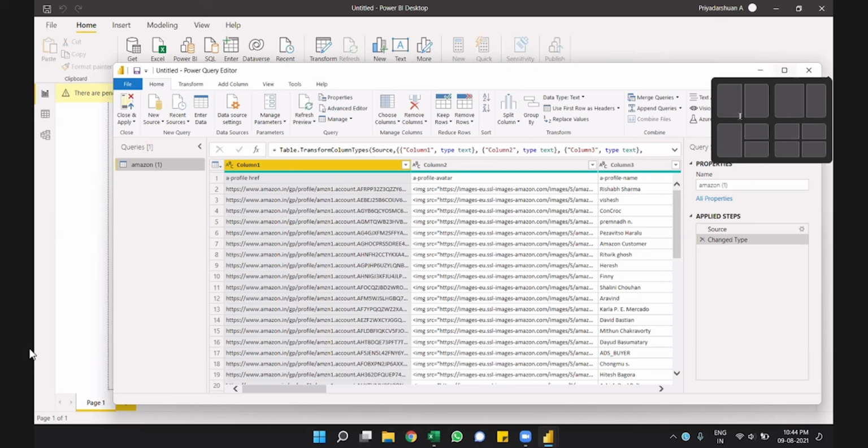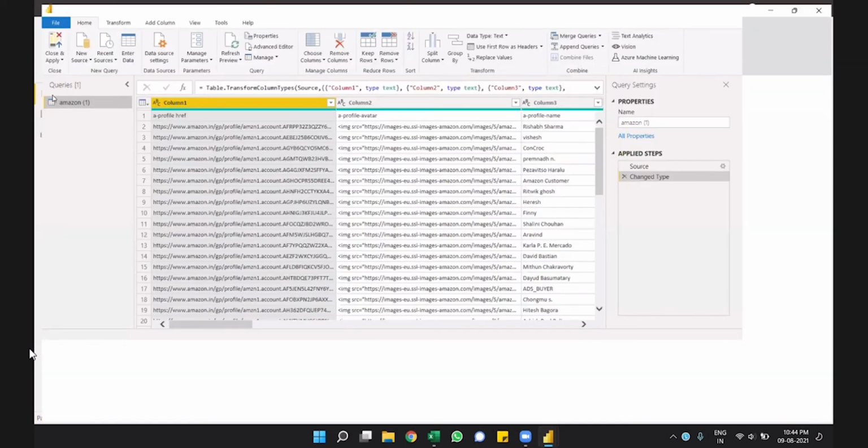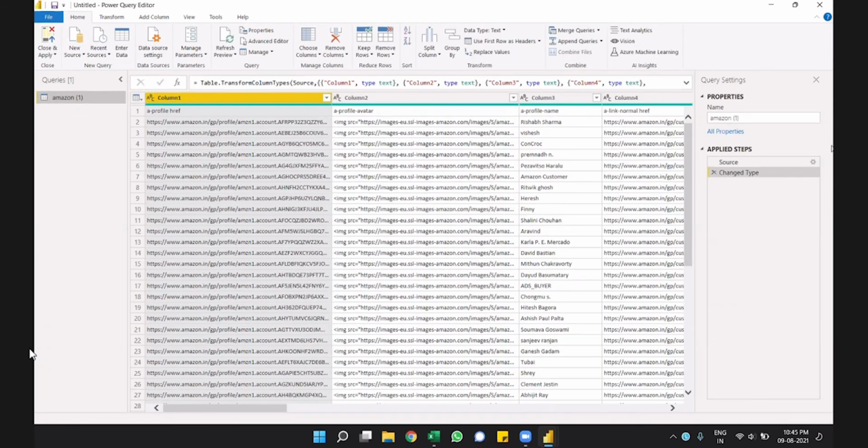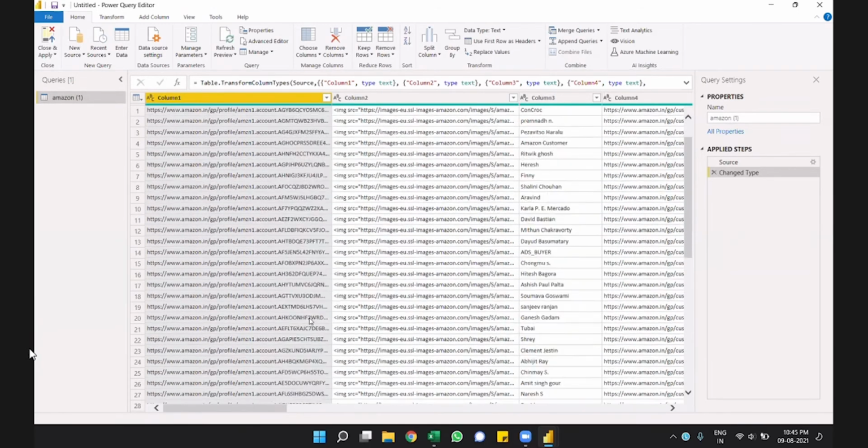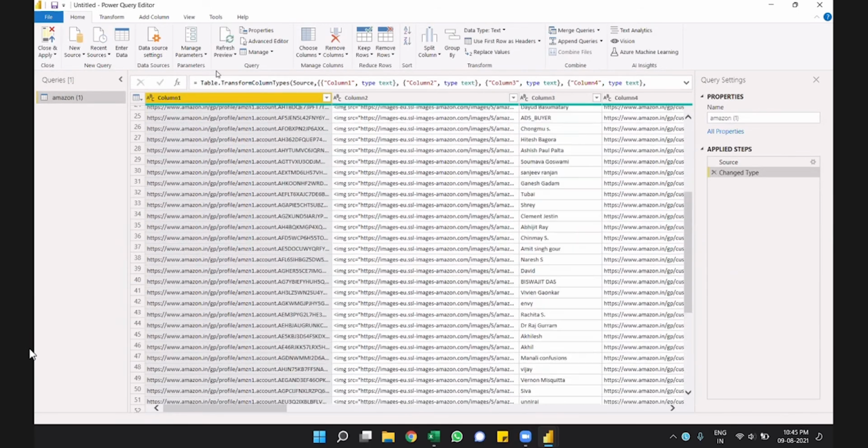On the right side, the file that we added has been added as a query here, and the query's name and the steps happening in the query are available here. The center is a preview of everything. The more you scroll, the more it will load.